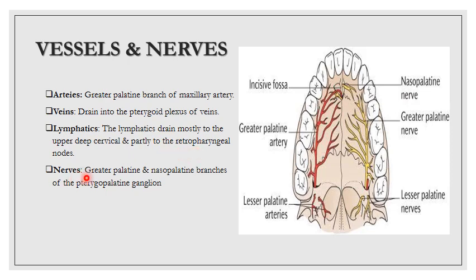Nerve supplying the hard palate is the greater palatine and nasopalatine branches of the pterygopalatine ganglion. Here you can see the greater palatine nerves, which also arise from the greater palatine foramen and supply the hard palate, and these nasopalatine nerves which are coming from the incisive canals.